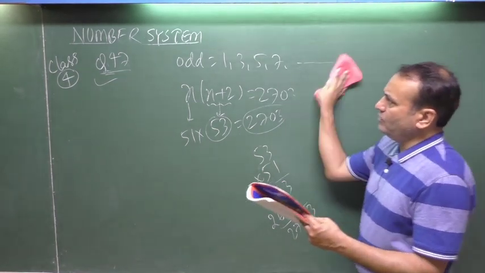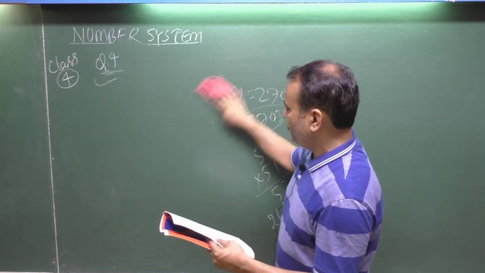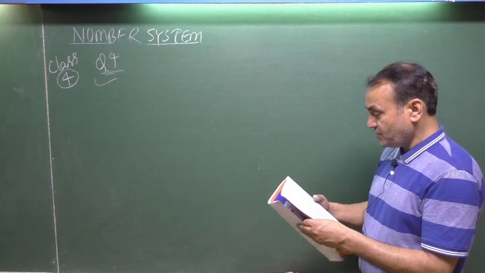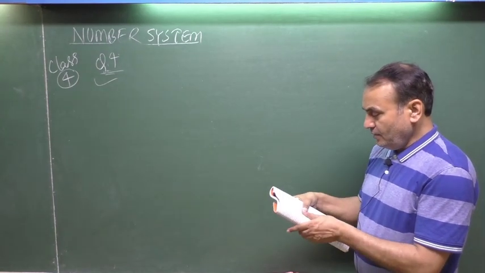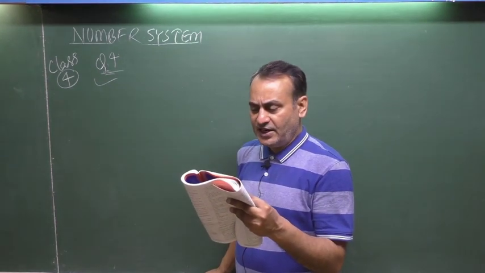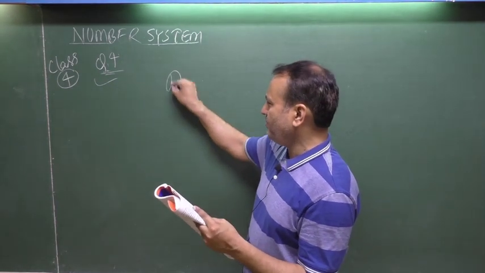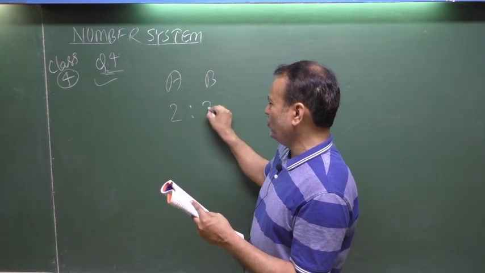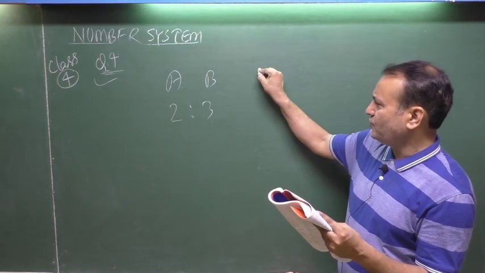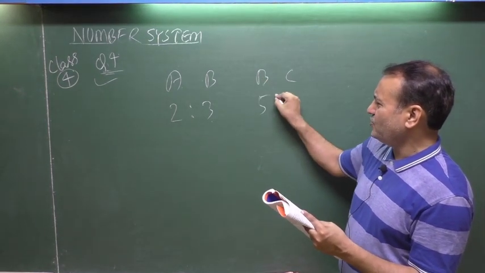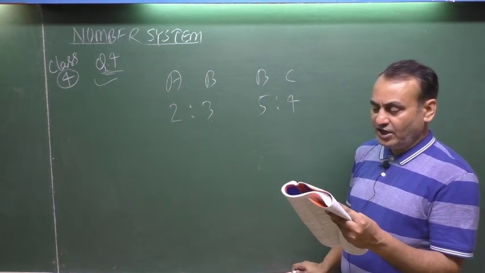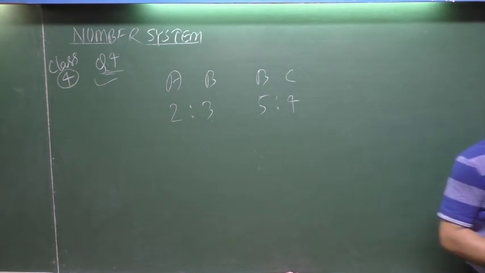Come forward now. Question number 48 coming to you. Question number 48 is the next question. Pattern changes here. The ratio between the first and the second number is 2:3. First number A, second number B, ratio is 2:3 according to the question. The ratio between second and third number is 5:4, means B and C 5:4. And the sum and the average is 74. Find out the third number. Average is 74. Find out the third number.